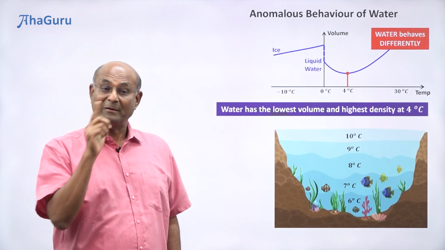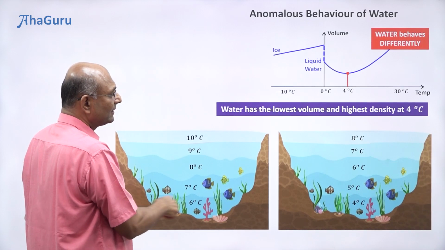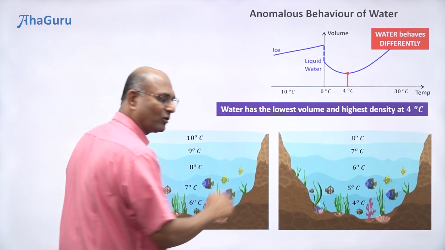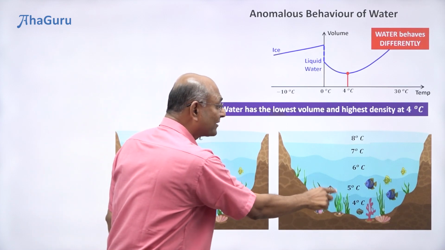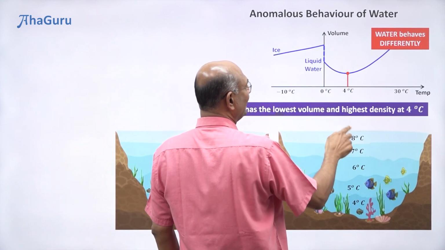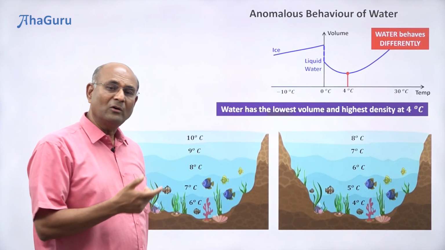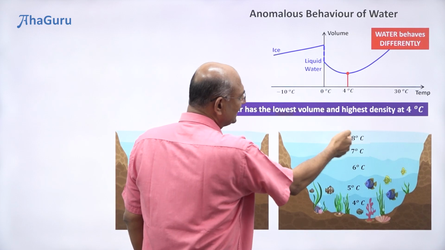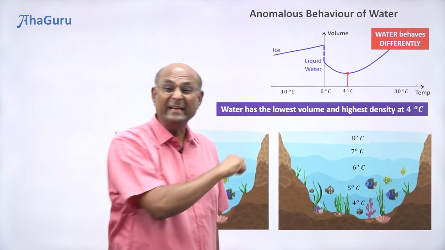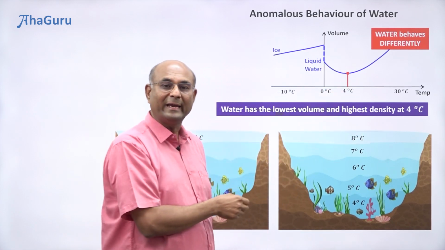Doesn't seem very different, but wait. Suppose I reduce the temperature further, you're going to get the same kind of distribution, 8, 7, 6, 5, 4. But at 4, something else starts to happen. Notice that 4 is when the water has the highest density. So now, suppose I lower the temperature even more, right? Suppose I made this 3 degrees Celsius. I basically pulled out some more heat from the top layer.